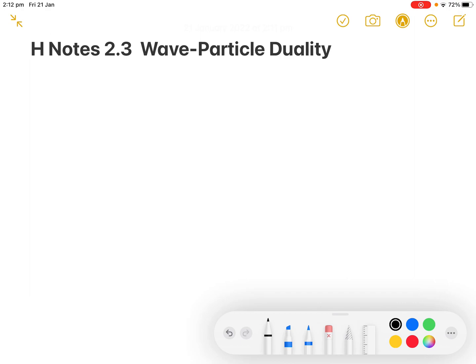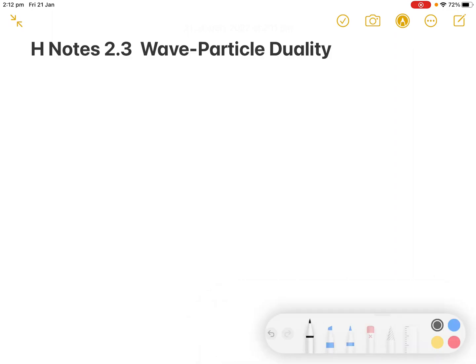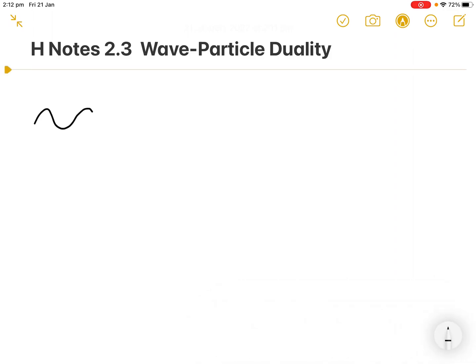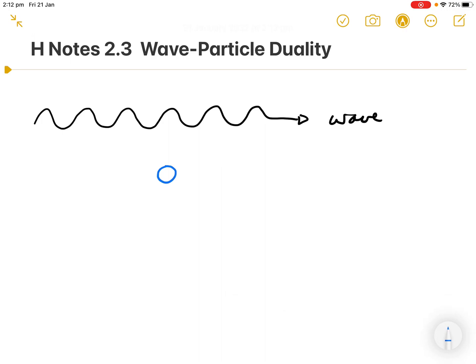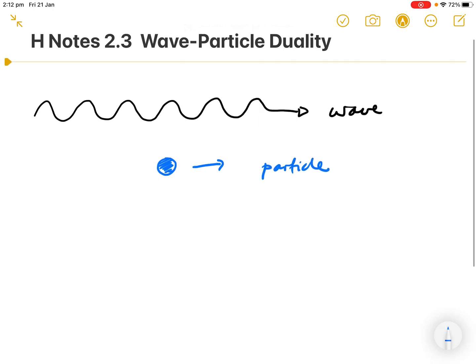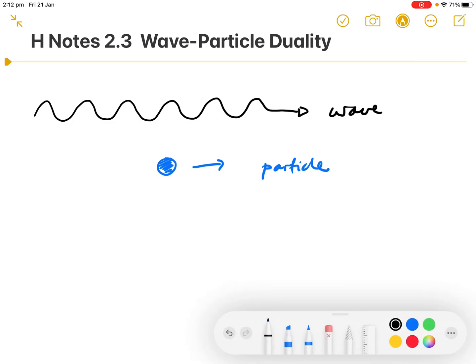It's an interesting feature of light that it exhibits both wave-like properties but under certain conditions it behaves like a particle. Now, we cannot say that light is a wave technically, or light is a particle. What we have to say is this: